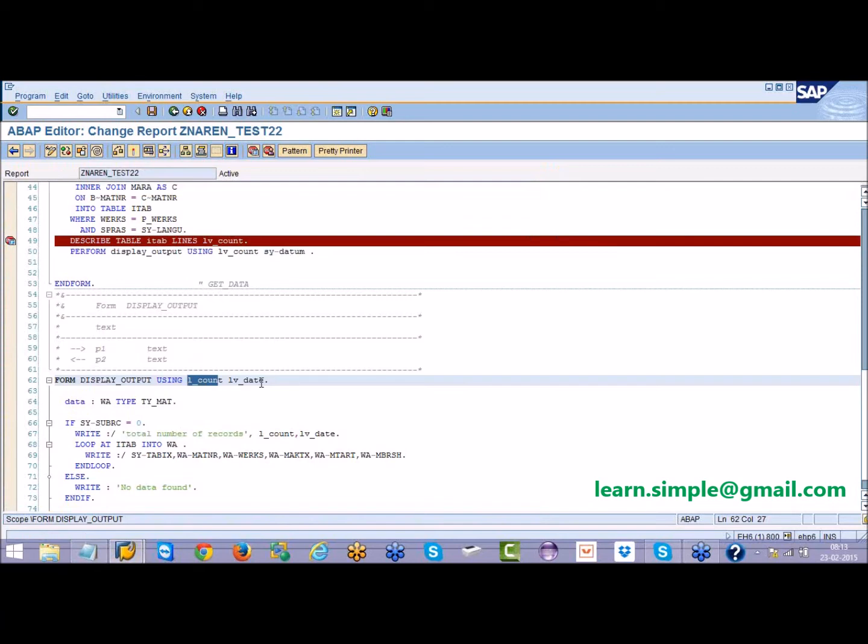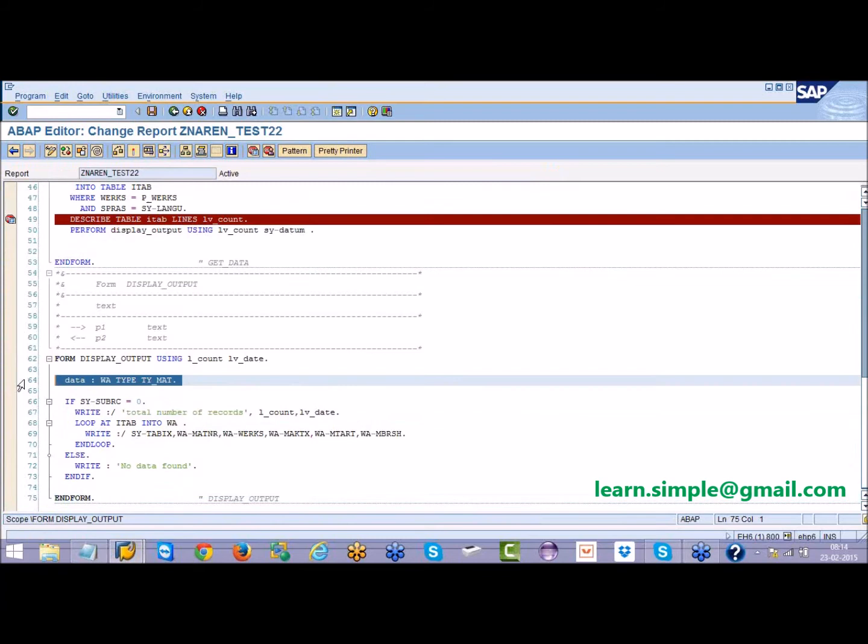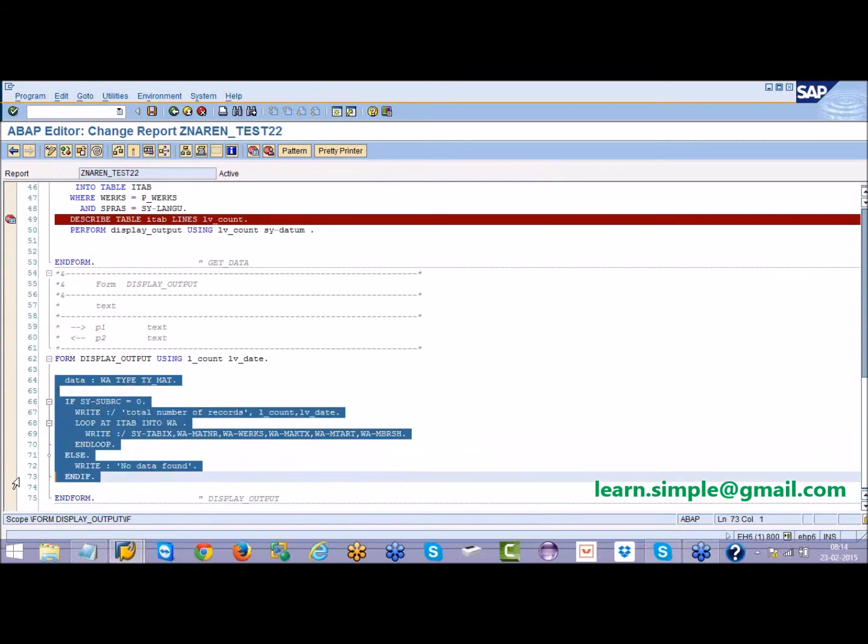Ram, I have one query here. If you declare variables as global variables, the system would allocate memory to them, right? Yeah, correct. What about local variables? Local variables also occupy some memory, right? A local variable also allocates memory, but that memory is valid only when the cursor is in this subroutine.